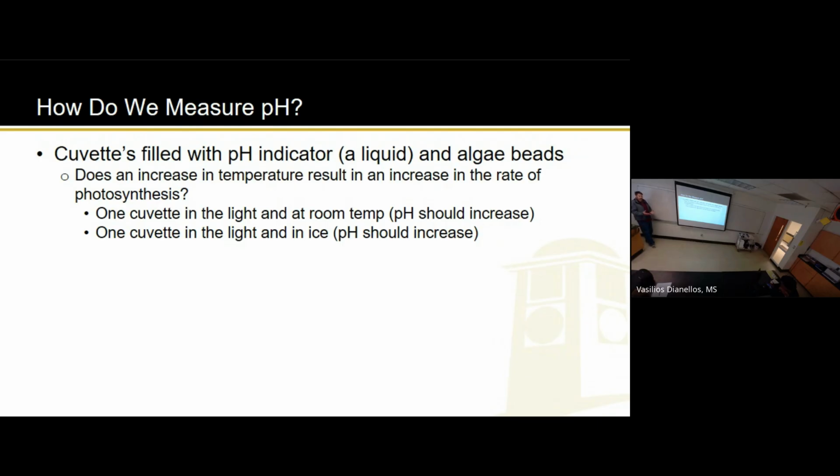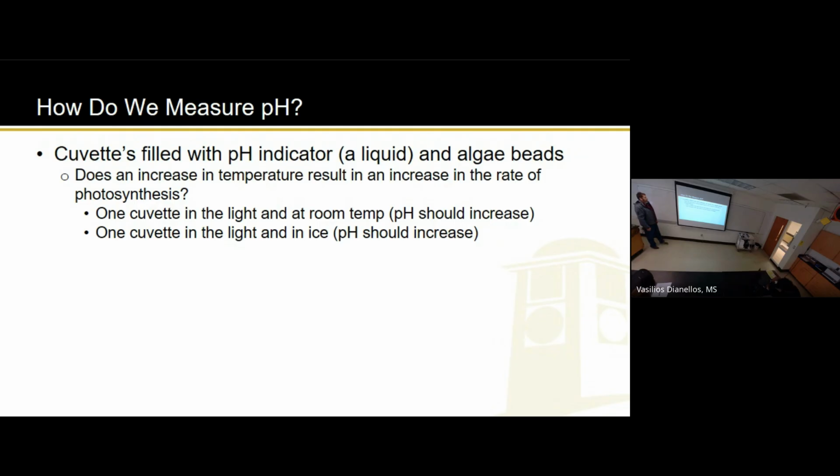So what if it gets too warm and they start to denature and they start working less? Another thing, we don't know anything about this algae. I don't anyway. Somebody does, I don't. As far as I know, these algae might grow on the bottom of icebergs, right? So if they're used to that environment, if they're evolved for that environment, then they might do better on ice, right? Of course, on the flip side, if these algae came from some tropical pond from South America, where they're getting lots of heat, they're going to be evolved for that.